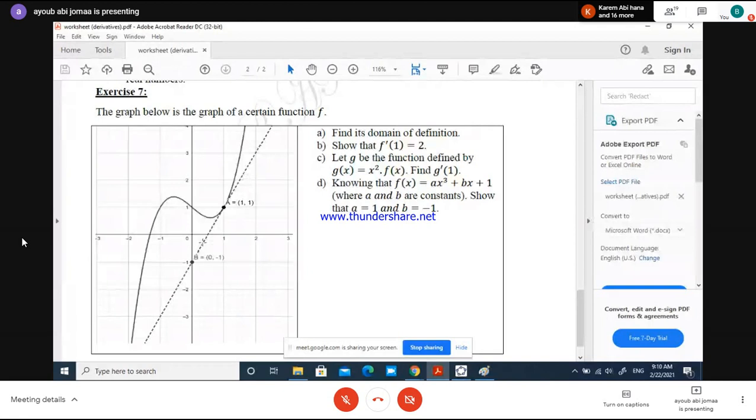So it is the slope of line AB. So f prime of 1 is the slope of line AB. Slope of line AB is YB minus YA over XB minus XA, 1 minus negative 1 over 1 minus 0. Okay? So to answer the question, I can say